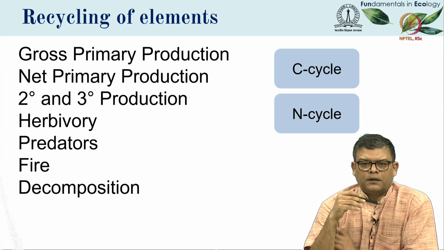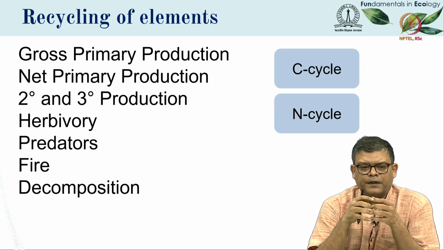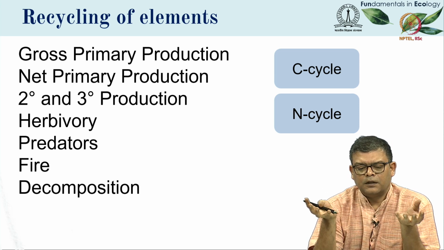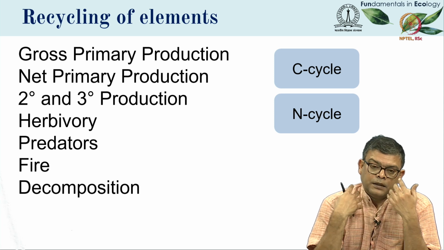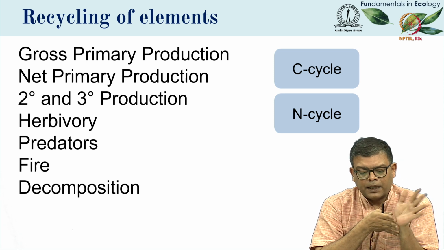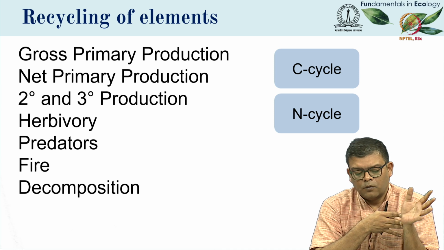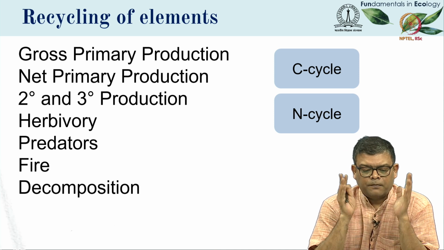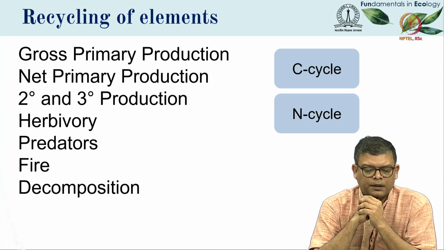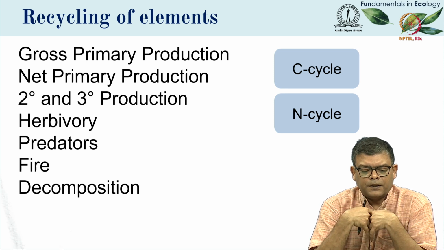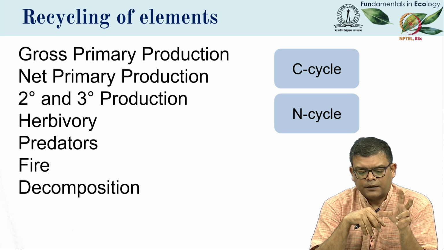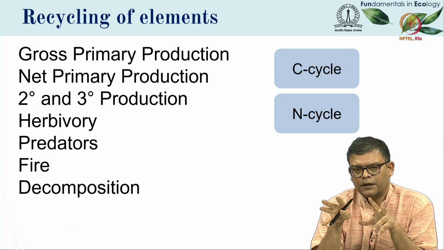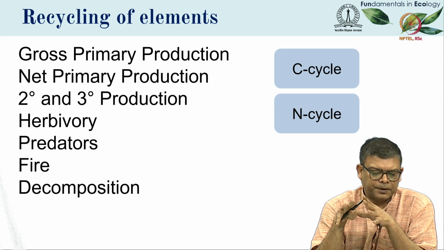Okay, the other aspect of ecosystems and biogeochemical cycles is that material is constantly recycled. The earth is practically a closed system, so very little matter leaves the earth and very little matter enters the earth from the outside. In the past it was more open, but today for the past several billion years it's been more or less closed. So now the amount of material that is taken from the air by plants, which is carbon dioxide, and converted into biomass, is called gross primary production.